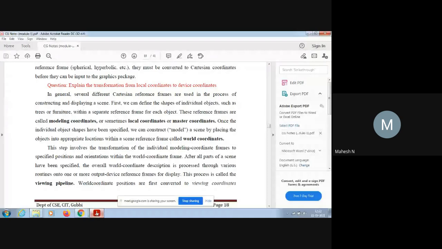Capture a particular scene. How do we capture a particular scene? For example, we may be watching something with our eyes. We may be enjoying nature. Whenever we see nature, that particular scene will be available to us